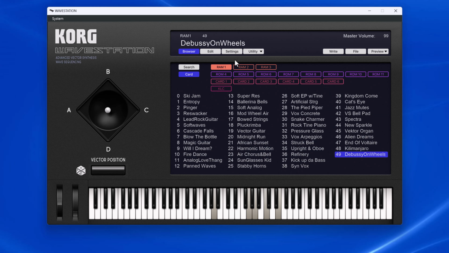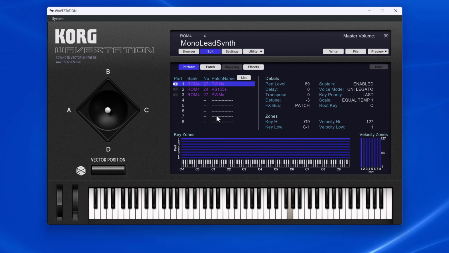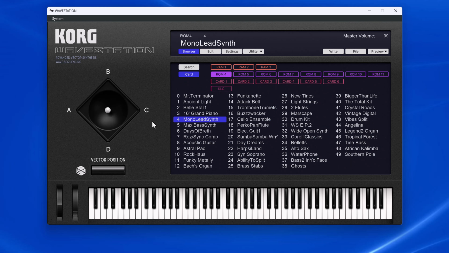Some nice pad sounds like this. Wave sequencing, very powerful, but it's still got some nice lead sounds on it as well, traditional synth sounds, and there are some rompler type sounds in there, which